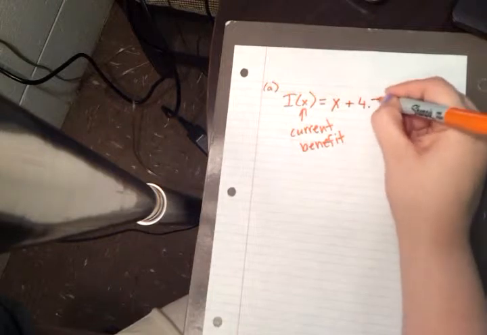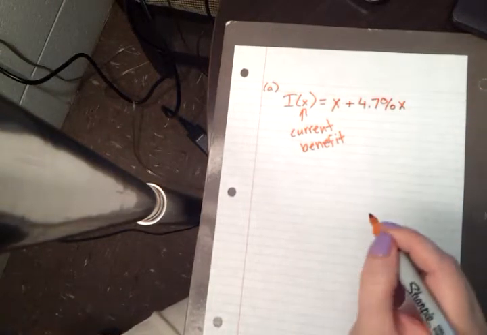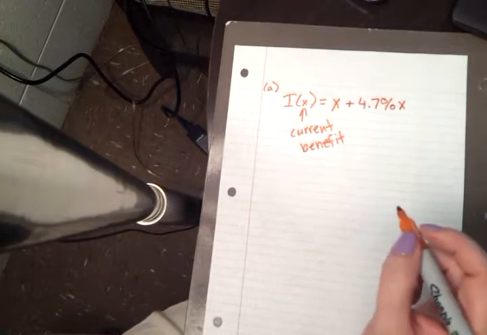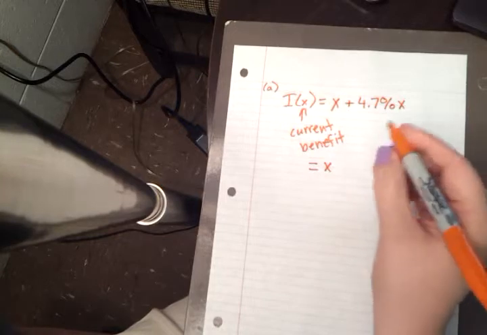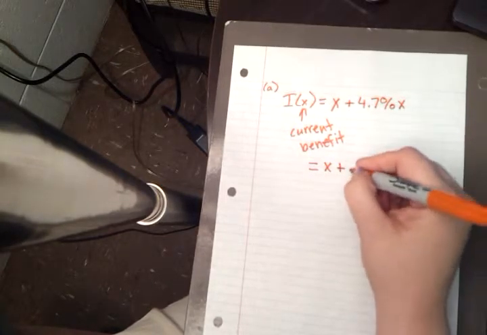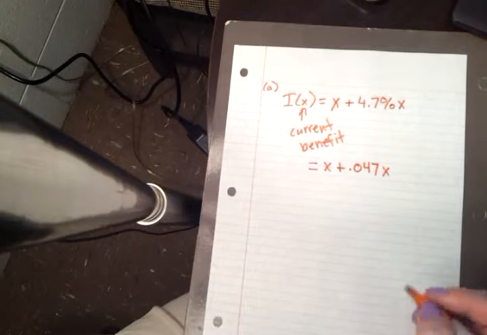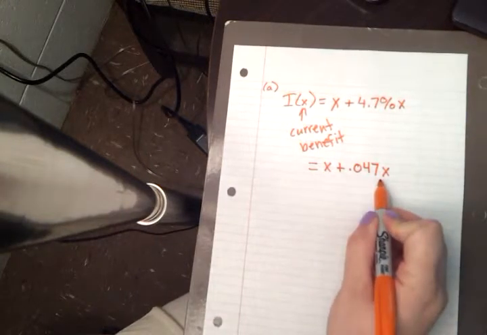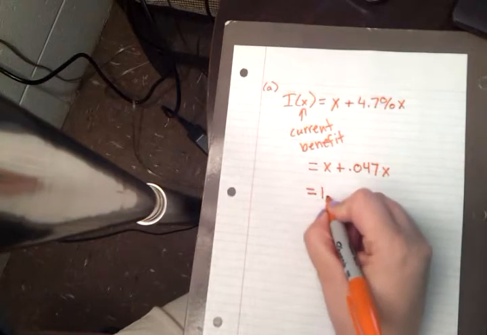So 4.7% of X. Now, you're not going to be able to enter 4.7%, so we're going to actually change that. And percent just means per 100, so you put that over 100. So we have X plus 0.047X. And since those are both in terms of X, this is 1X, this is 0.047X, and we're just adding them together. The answer becomes